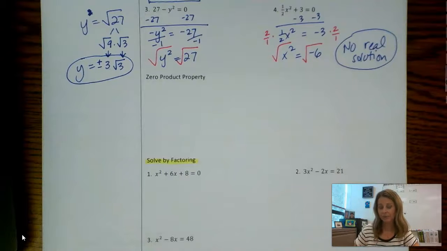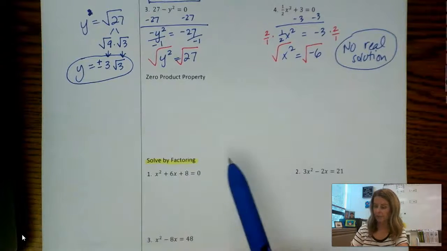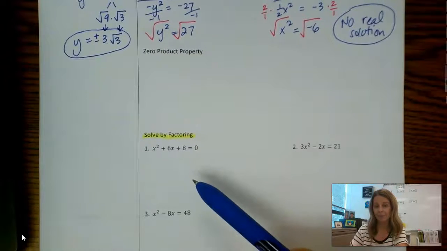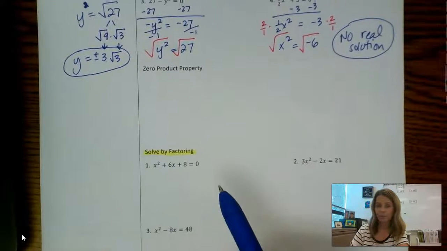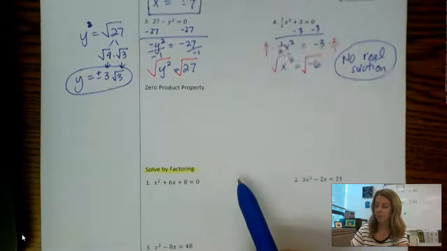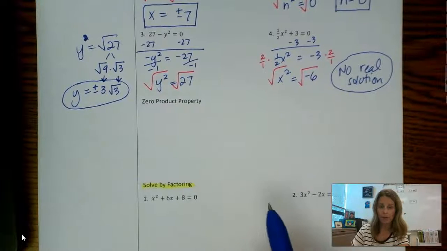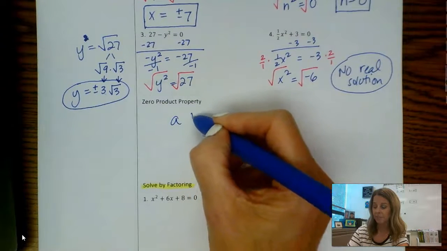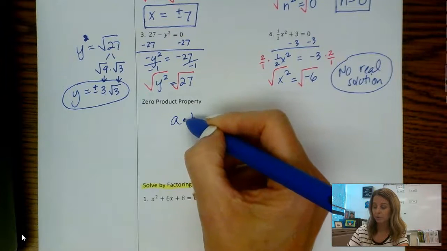Right, we are now going to move on to factoring. The zero product property is needed for factoring, so I want to briefly talk about it. If you were to have two values, let's say A and B, and we were to multiply them together,